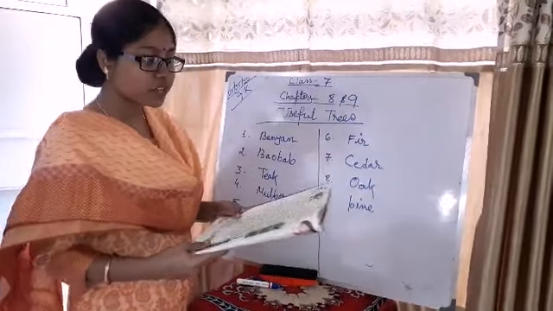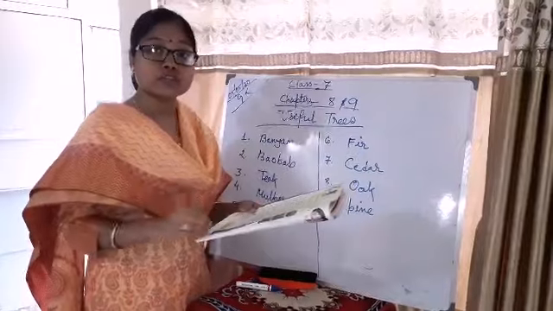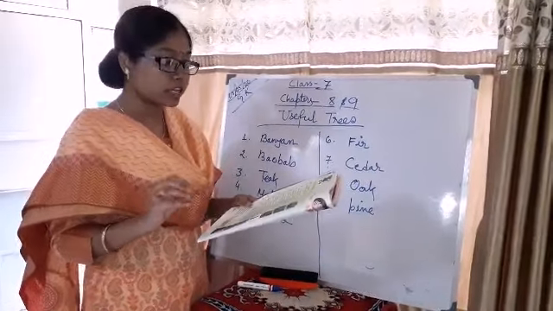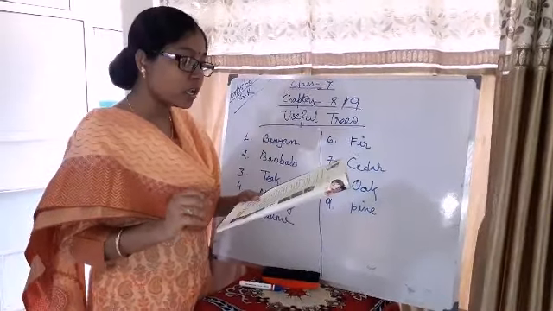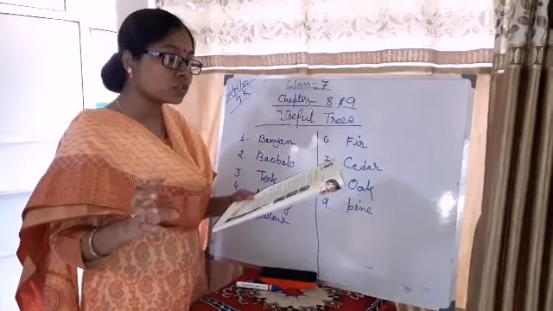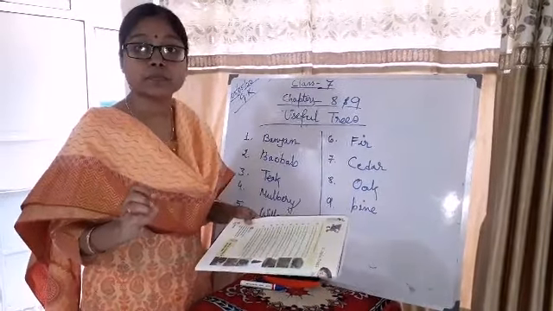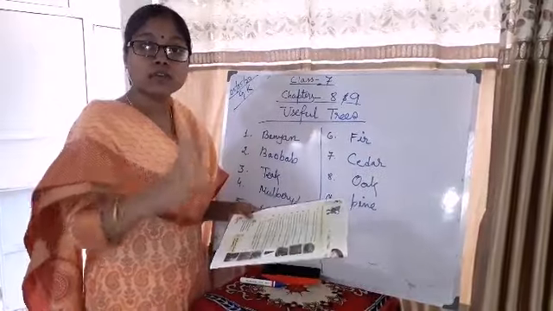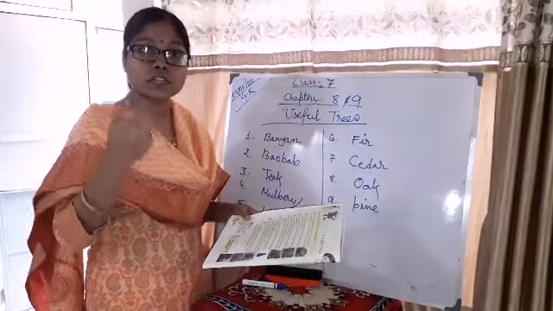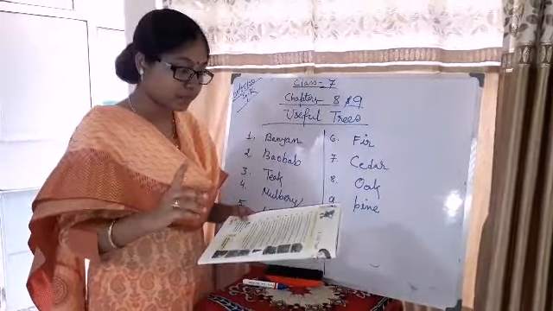Number 3 is teak tree. What about the teak tree? It is the tall Asian tree. It is mostly found in Asia, so it is known as the Asian tree. Its strong hardwood is used especially in making furniture. People are using this kind of tree's wood to make furniture, as it is very strong and bold. That is all.